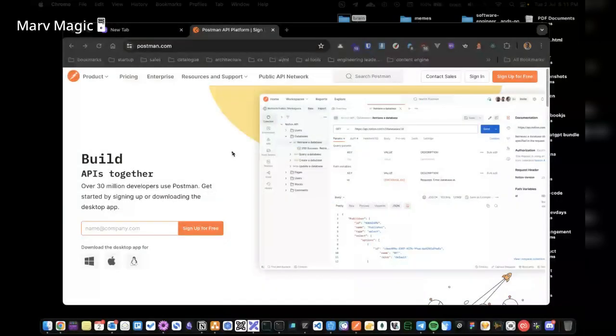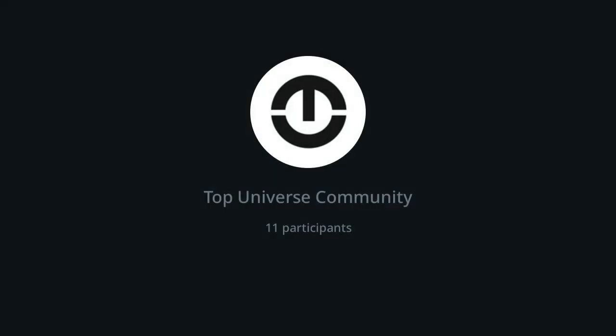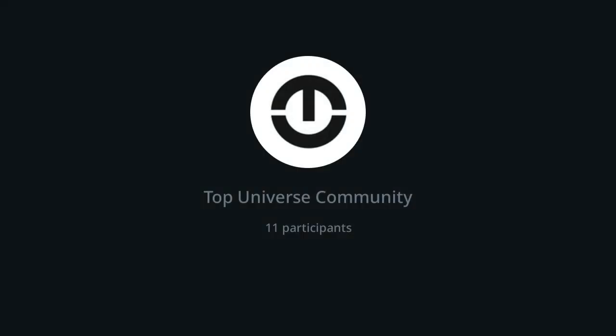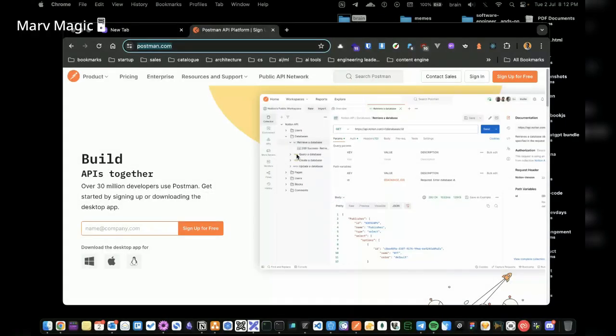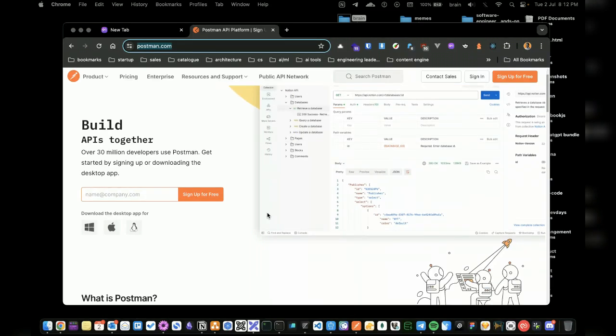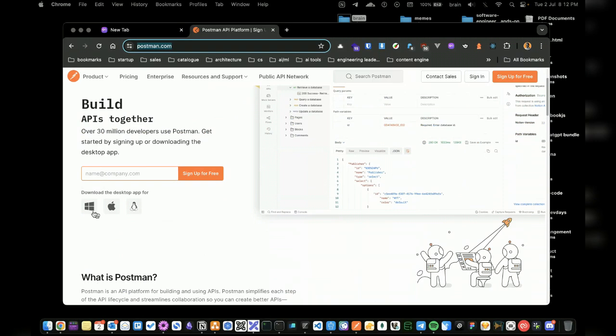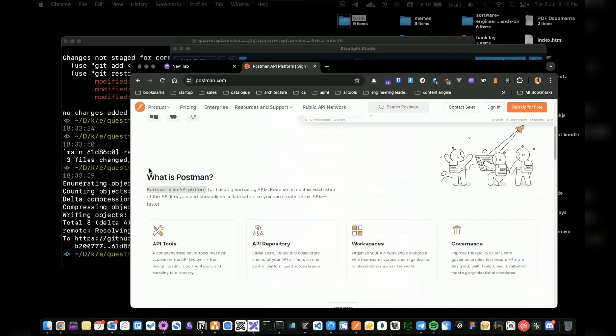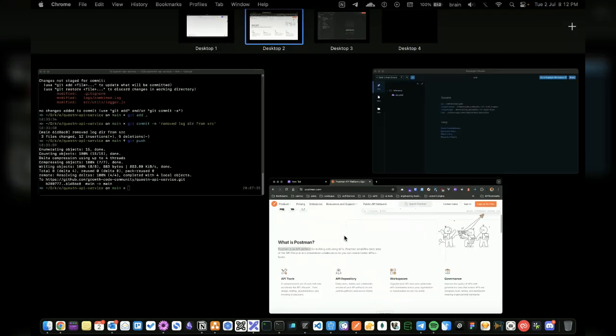Postman is used for building APIs, right? Of course, the building process also involves wanting to test. You can test your APIs while you're building, and you can also test already built APIs with Postman. You can use it for different things. We'll look at that shortly. Yes, we have desktop applications that you can download. Right here, you see Postman is an API platform. I want you to keep that in mind. Postman as a tool, we call it an API platform.